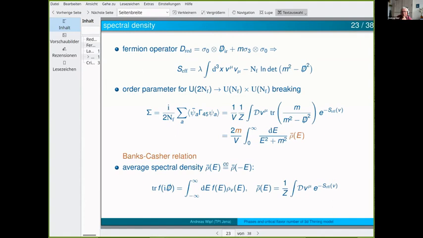So you have to average this one over the auxiliary field. And this gives you the one which enters this relation, which is a sort of Banks-Casher relation for this condensate. And you see that there's this mass in front, very typical for the Banks-Casher type relation. So the question whether the condensate can form is a question of how this average spectral density behaves for small energies. So if this